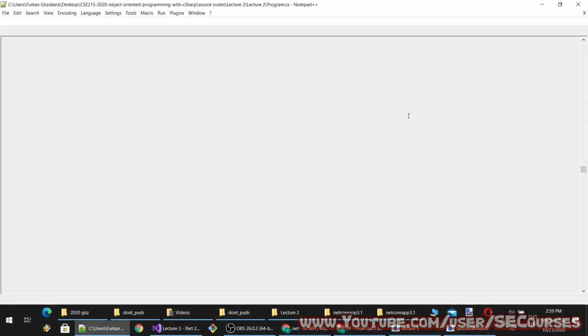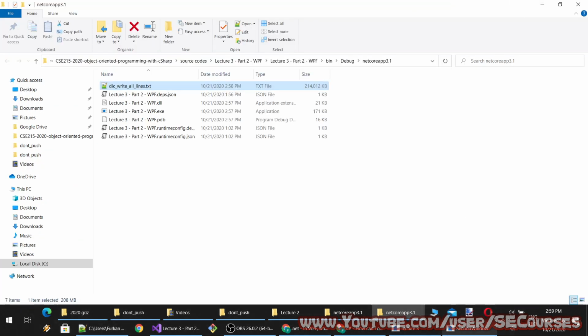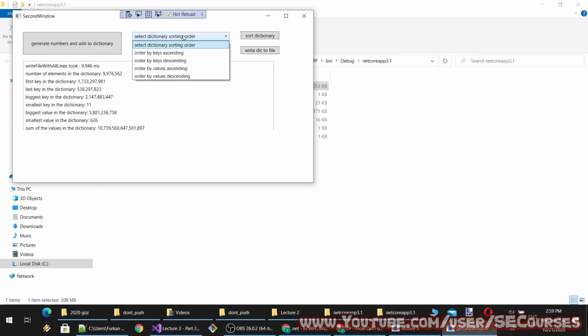What I'm going to do is sort keys. Okay, so let's sort the dictionary by keys ascending. Sorting at the moment. Sorting is also taking some time because it is decomposing a dictionary and sorting.